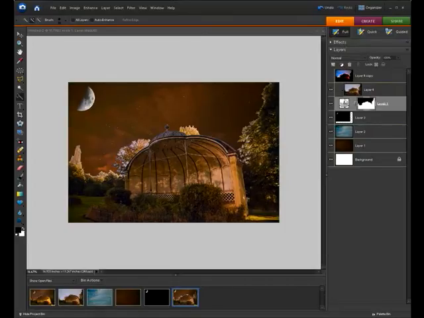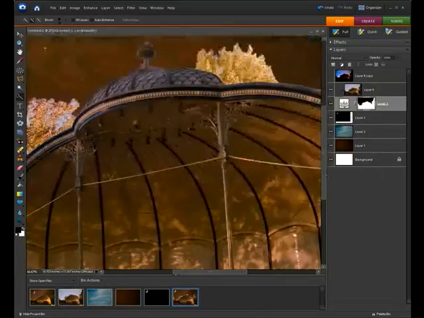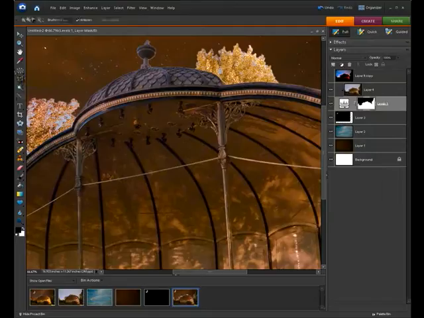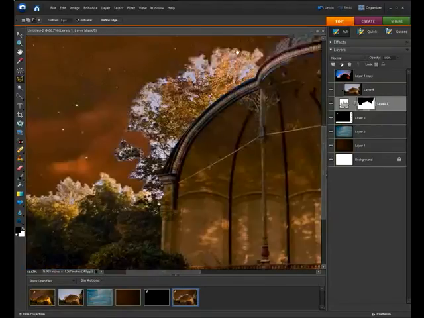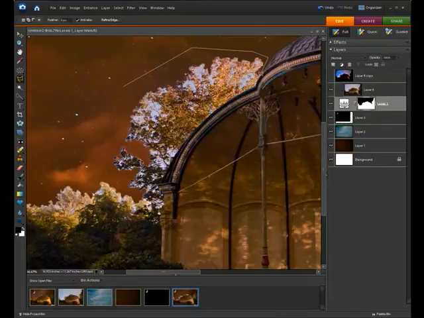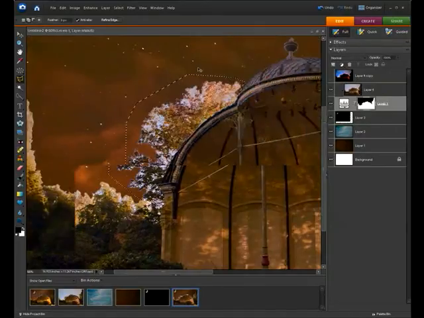So the first thing we want to do, make sure you've got your levels layer mask selected, zoom right into the picture, select the polygonal lasso tool, and quite simply what we're going to do is just make a selection of these two areas that we want to get rid of over the bandstand first of all. So there's our first. Hold down your spacebar and just left click just to navigate to the next part. Make sure you've got add to selection in your options, and then we just want to cut out this next area, and we'll just quickly zoom out,